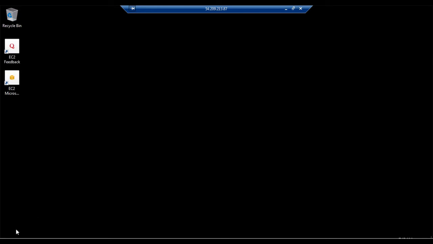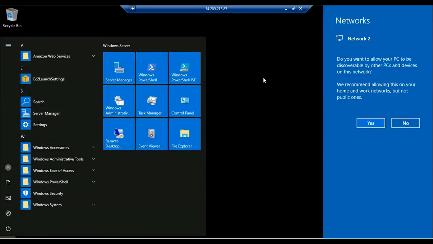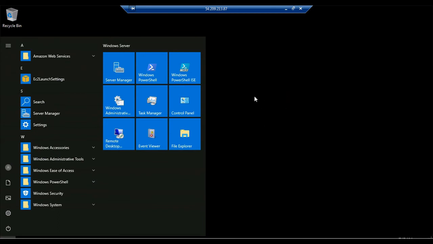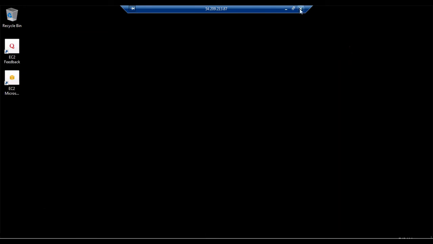So here I have a server, and you cannot differentiate whether you purchased a server or made it through AWS. So this is the lab to show you how to create this instance.